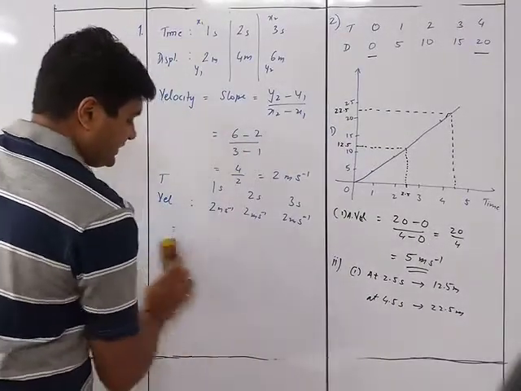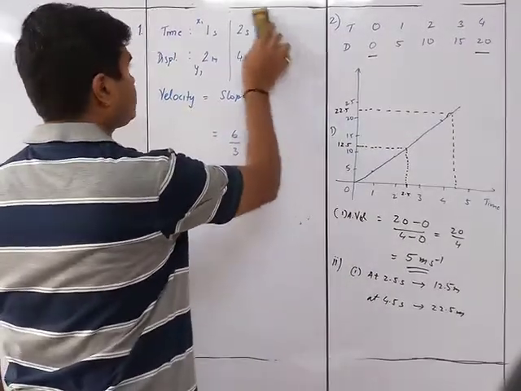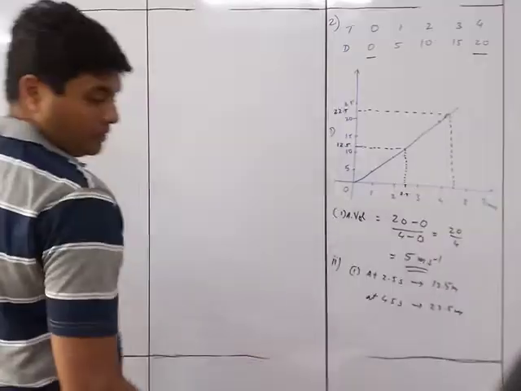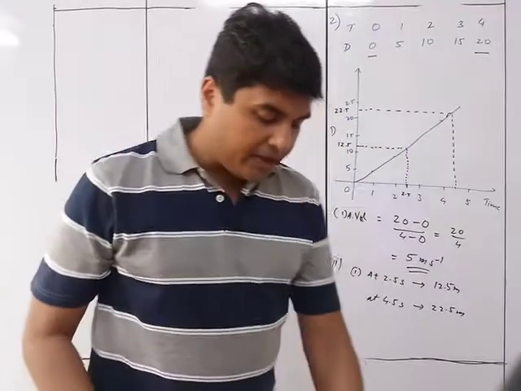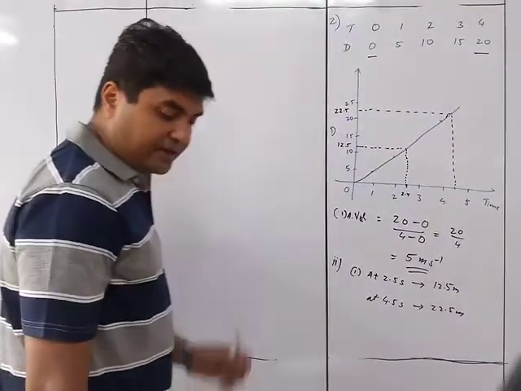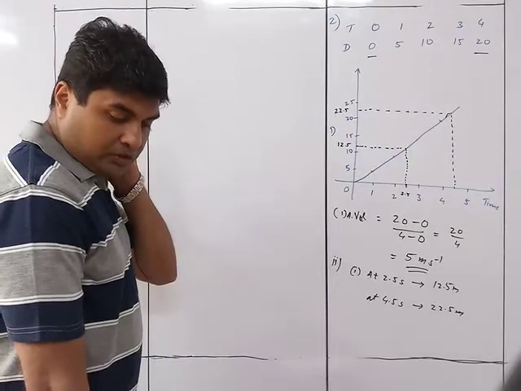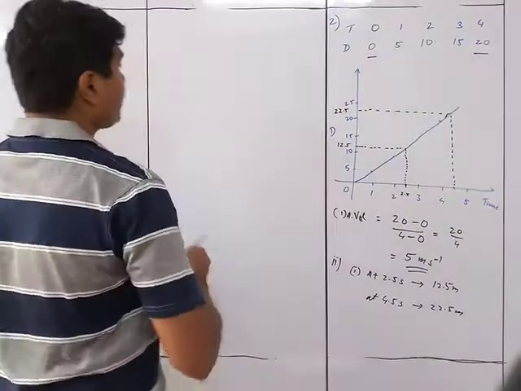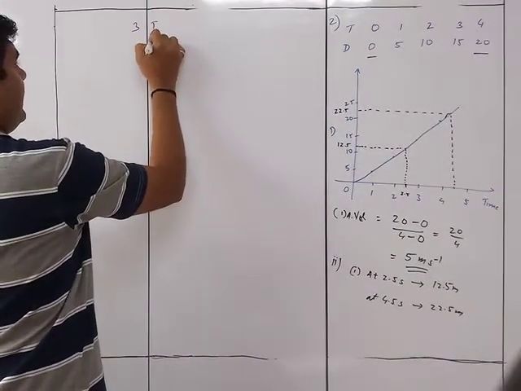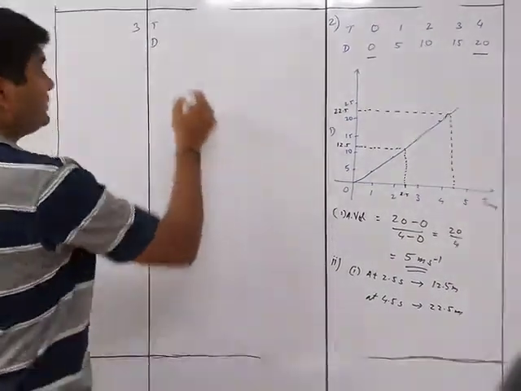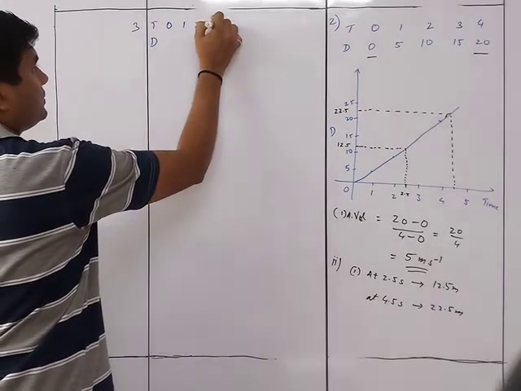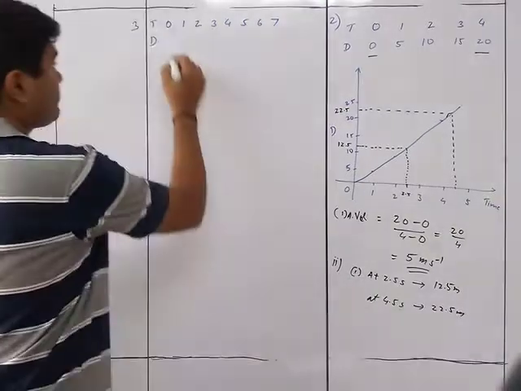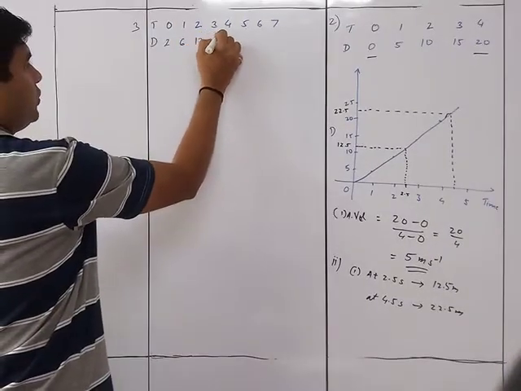We come to question number 3. A body is moving in a straight line and its displacements at various times are given. So you need to plot the displacement-time graph and then answer. So first thing is time and displacement. It is 0, 1, 2, 3, 4, 5, 6, 7. And here 2, 6, 12,